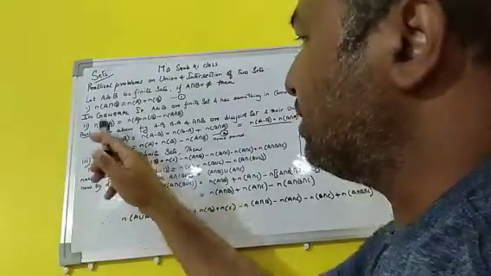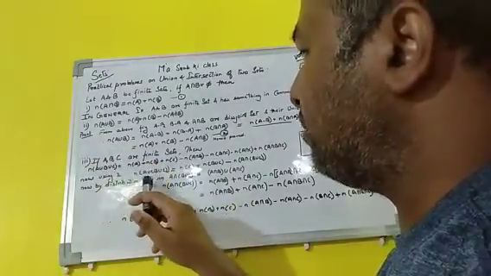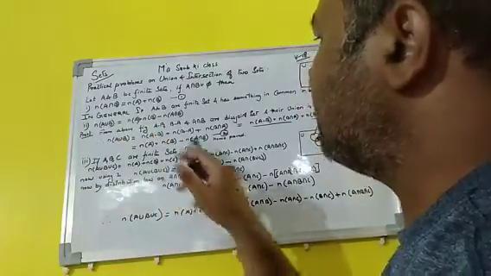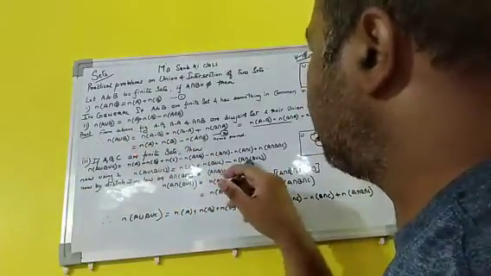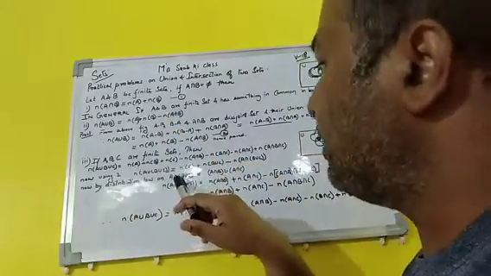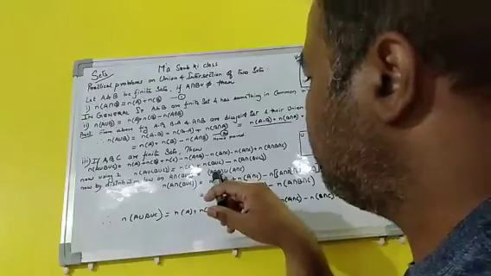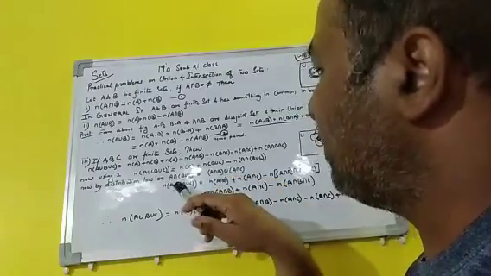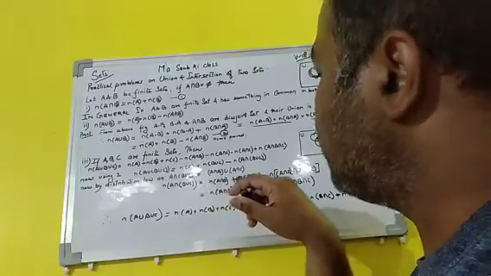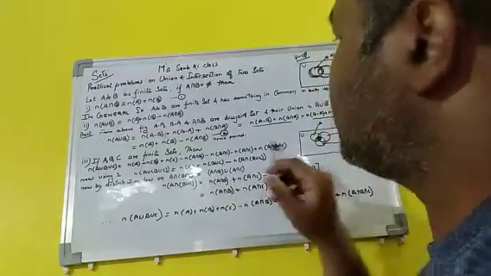Using this equation, n(A union (B union C)) can be written as n(A) plus n(B union C) minus n(A intersection (B union C)), which is written here. Now by the distribution law, we also know that A intersection (B union C) can be written as (A intersection B) union (A intersection C). So the number of elements of A intersection (B union C) can be written as n(A intersection B) plus n(A intersection C) minus, again using this